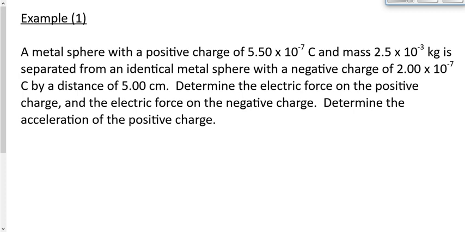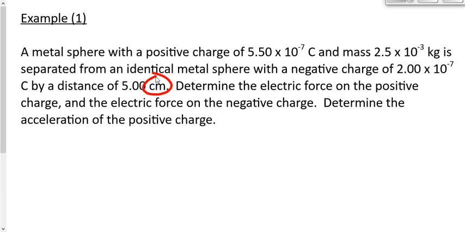Let's take a look at one example and we'll finish off the day with this. It says a metal sphere with a positive charge of 5.5 times 10 to the minus 7. Notice 10 to the minus 7, because a coulomb is so big. We're not usually dealing with charges that big. 10 to the minus 7 seems reasonable. And this mass is separated from an identical metal sphere with a negative charge of 2 times 10 to the minus 7 coulombs by a distance of 5 centimeters. Circle that, because we've got to be in meters. What's the electric force on the positive charge and the electric force on the negative charge, and what's the acceleration